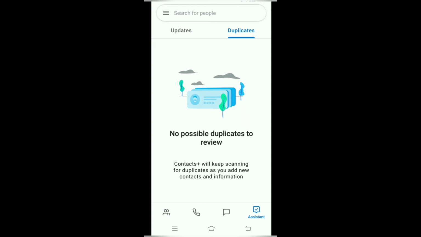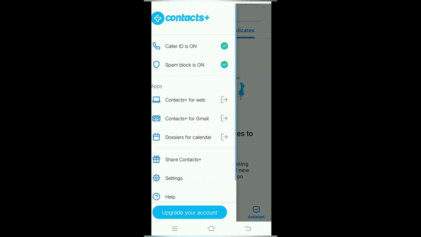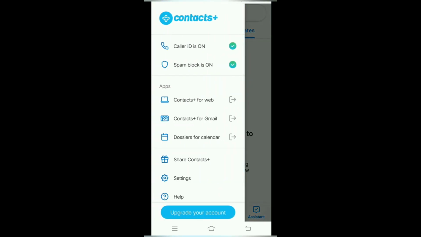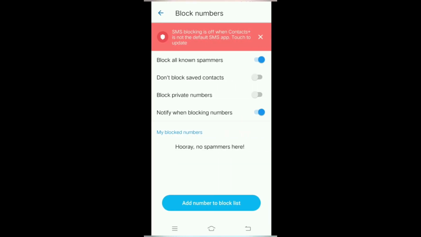The app supports geolocation via Foursquare and text messages through WhatsApp. And also you have options like spam block. You can block all known spammers and block the numbers which you don't know, and be notified when blocking numbers.